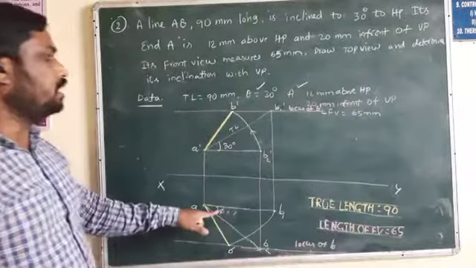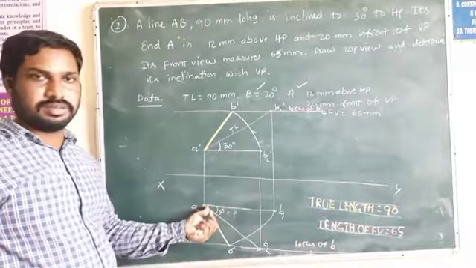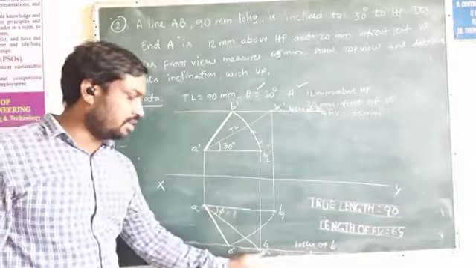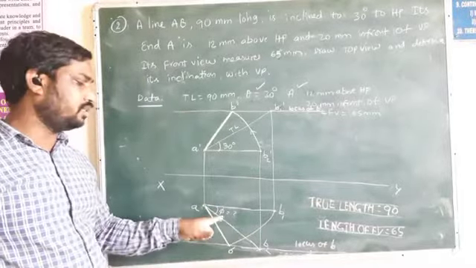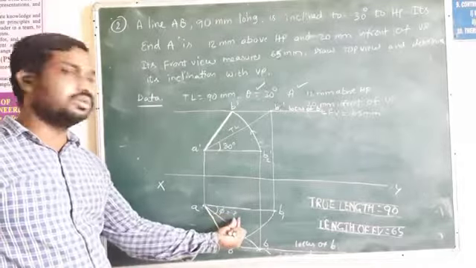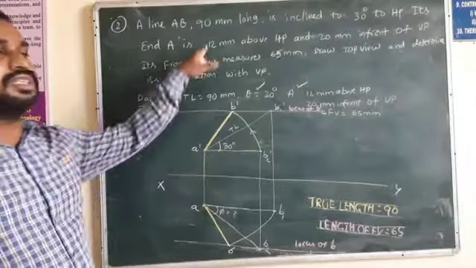And you will find out the phi angle. The phi angle you will find out with the help of the protractor. Keep the protractor on this line. This is the true line. This line, how much angle does it show on the protractor? Note down the value of the phi angle here. Okay. So this is the complete diagram.